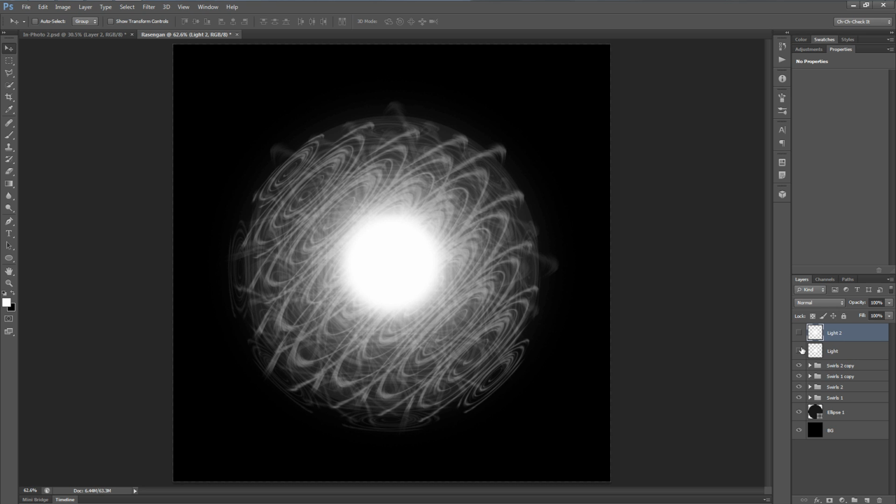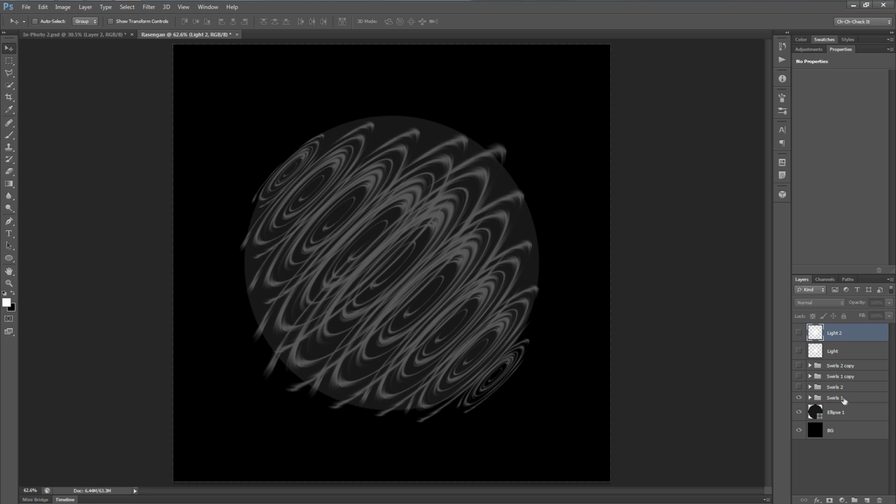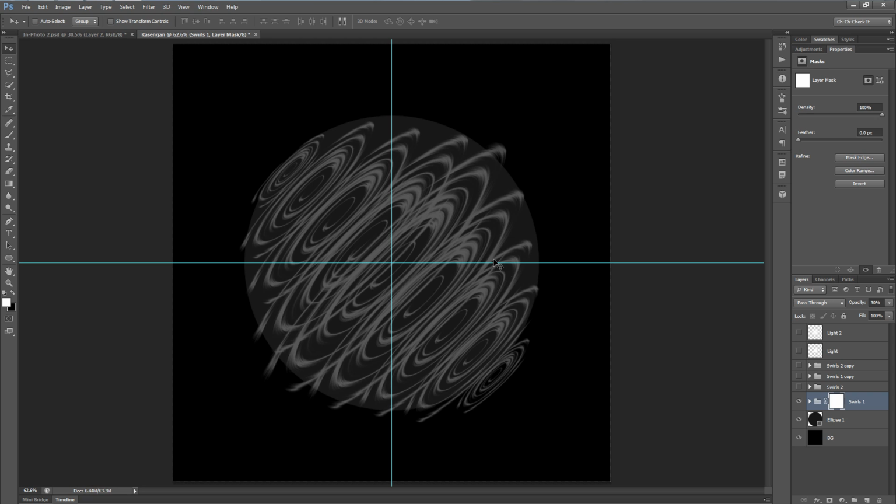So let's turn off the lights. Let's actually turn off the top 3 sets of swirls and select Swirls 1. And let's just add a layer mask here. And let's see, let's bring back the rulers again with Control semicolon. Let's grab our gradient tool by hitting the letter G, that would still be G if you're on a Mac. And let's see, so with white to black for your gradient,